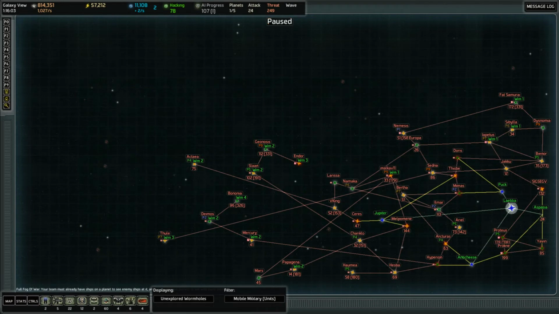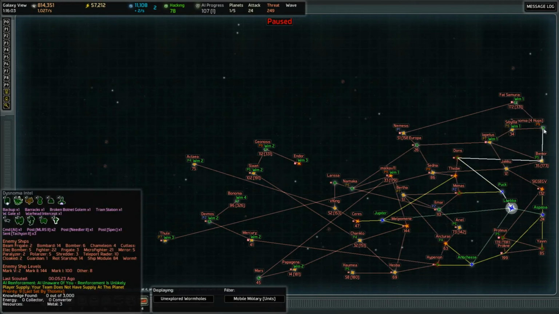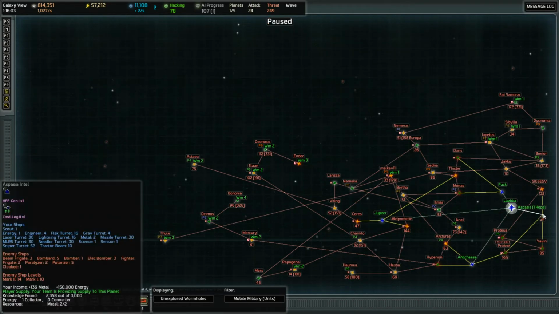Now, meanwhile, I did also get enough scouts out here to explore this wormhole, the Fat Samurai, and that's a Mark 4 system. So eventually when we take this, probably going to want to beachhead that one as well. And again, I don't have the energy for that right now. So for the moment, I just want to deal with wrapping up things in Prockney. I mean, I'd like to expand more. You can say we're kind of behind the 8 ball on that,